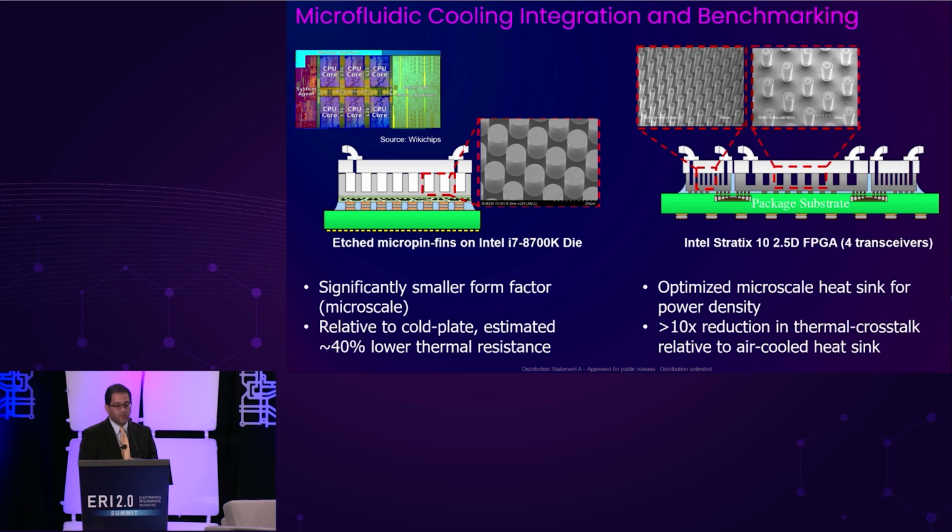Further, we have integrated this microfluidic cooling technology, again monolithically, on an Intel Stratix 10 FPGA, which consists of 4 transceiver die and a central FPGA, all interconnected using EMIB. Measurements demonstrated 10x reduction in thermal crosstalk between the high power density transceivers and allowed us also to dissipate almost 50% more power within the package for the same junction temperature as a conventional air-cooled version of this. All fabrication that was performed on these chiplets and post-processing were done at Georgia Tech cleanroom facilities, which support advanced